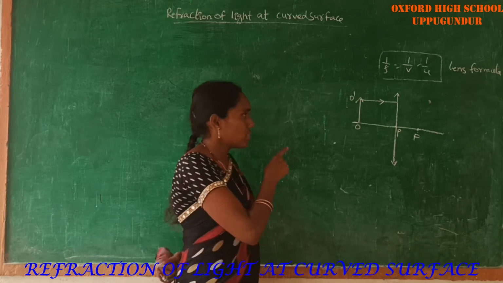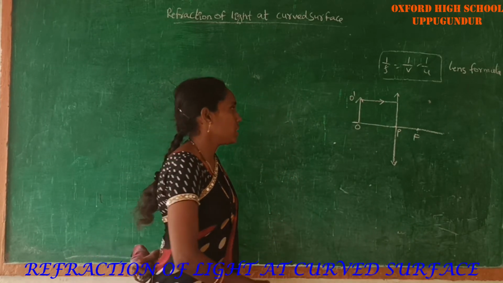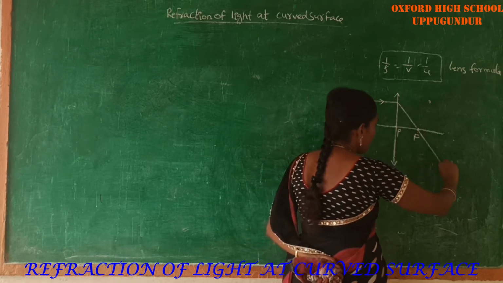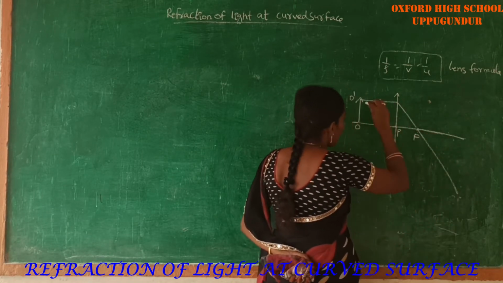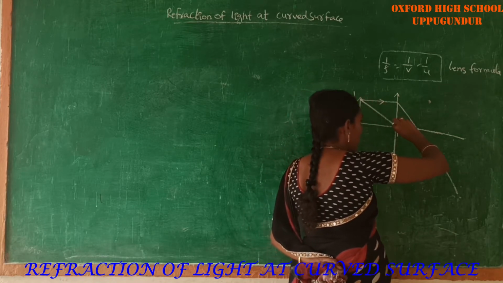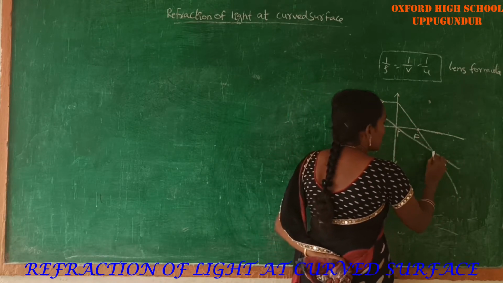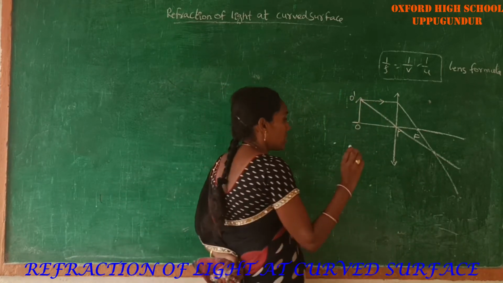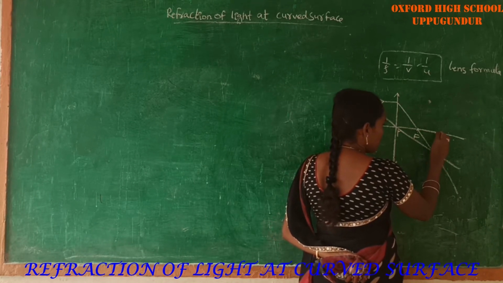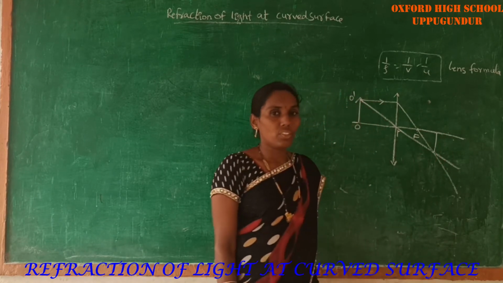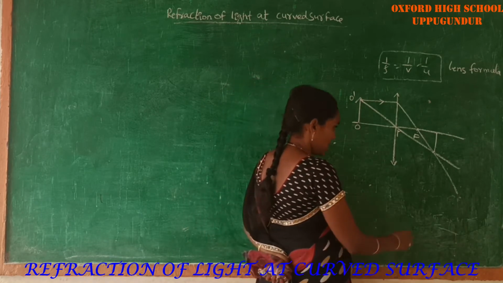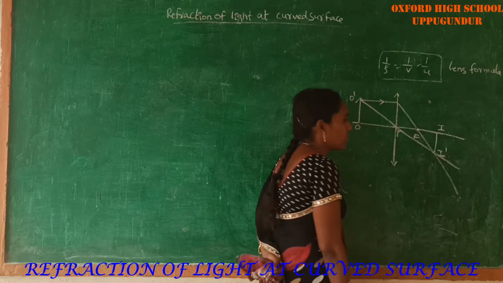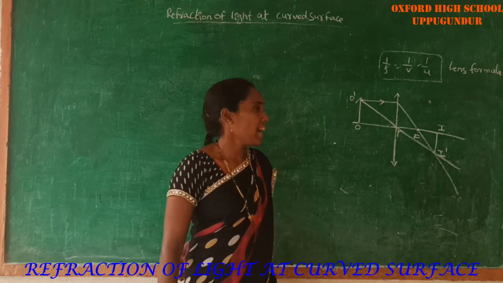Now the first light ray, which is coming from the top of the object, after refraction will pass through the focus. And the second light ray is passing through the optic center, meaning it does not deviate. The point where the two refracted rays meet gives the image. Draw the line from this point to the principal axis, which represents the height of the image. Here, the height of the image should be represented by I dash.